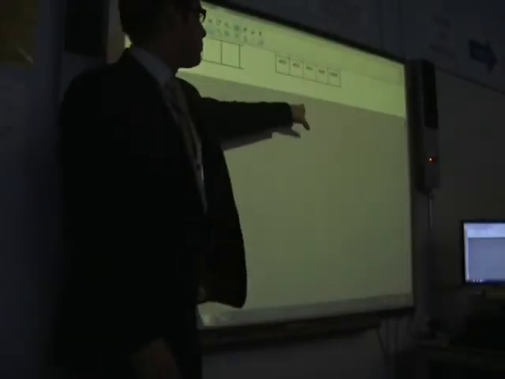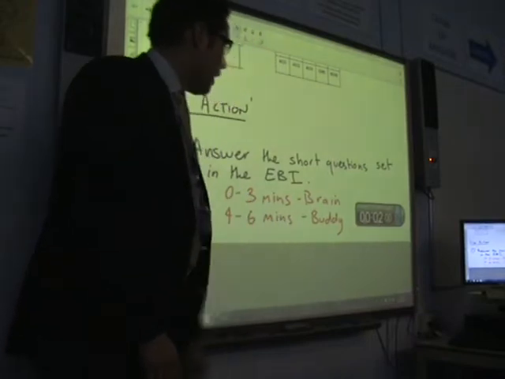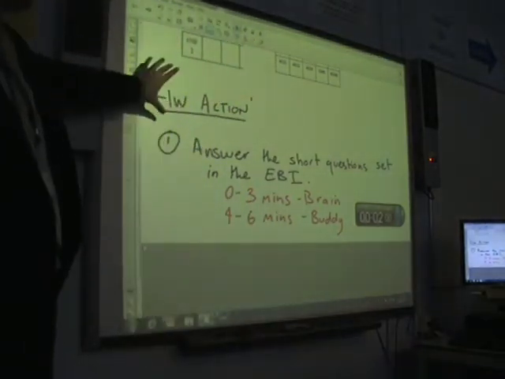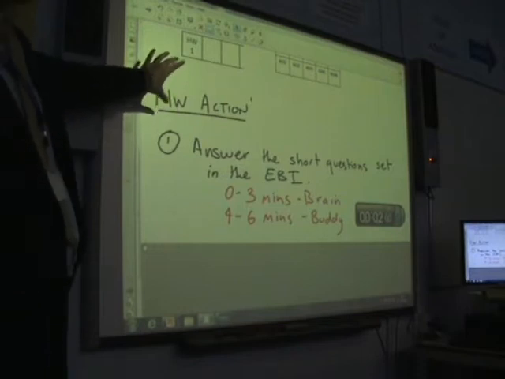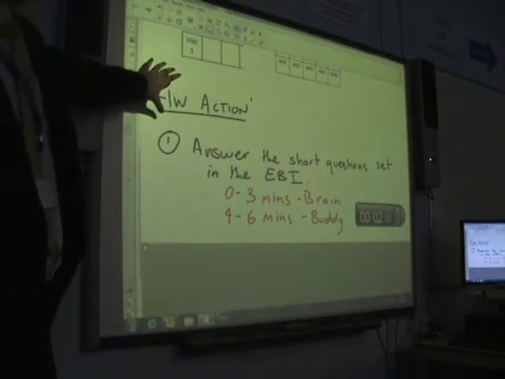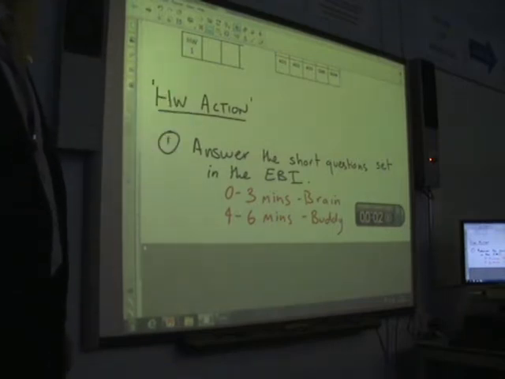Okay folks, now that we've updated our progress sheets, let's actually engage with the feedback. First thing I want you to do is write homework action in the 15 lines of space that you left, please. Just like you'd normally put homework HW or classwork CW, you're going to indicate this as homework action.